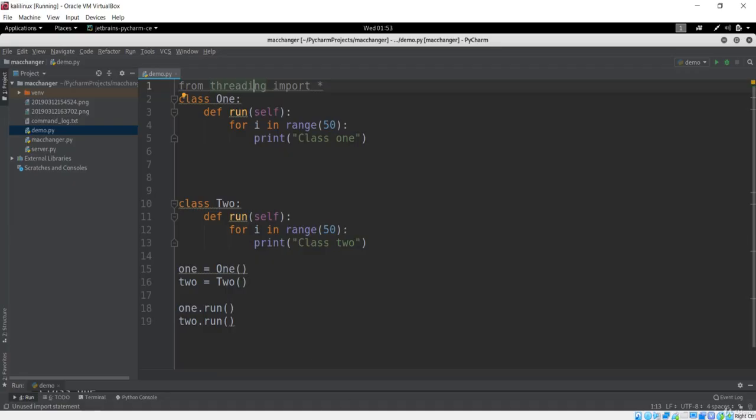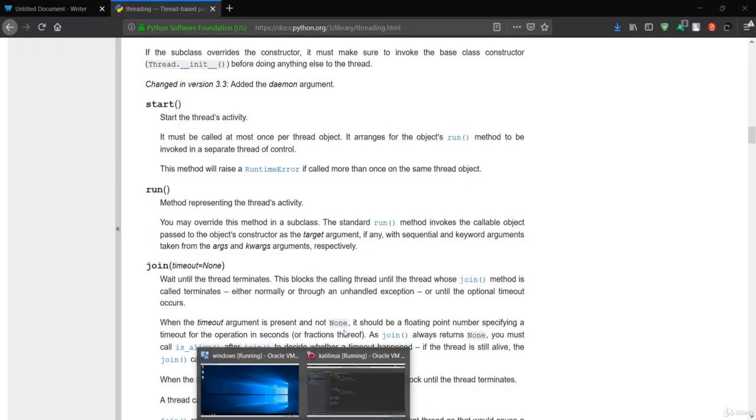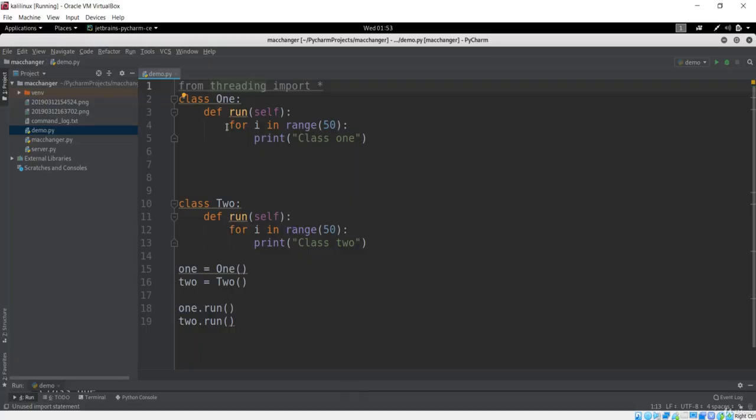If you could see here, it has clearly shown us this is the method which you can override in the subclass, or basically you can go to the Thread class and you will see this run method there. So there is a run method in our parent class. Now we have to override that run with our own code. Instead of running that run from the original class, or basically our parent class, we'll run that thread from our subclass. So this is overriding.